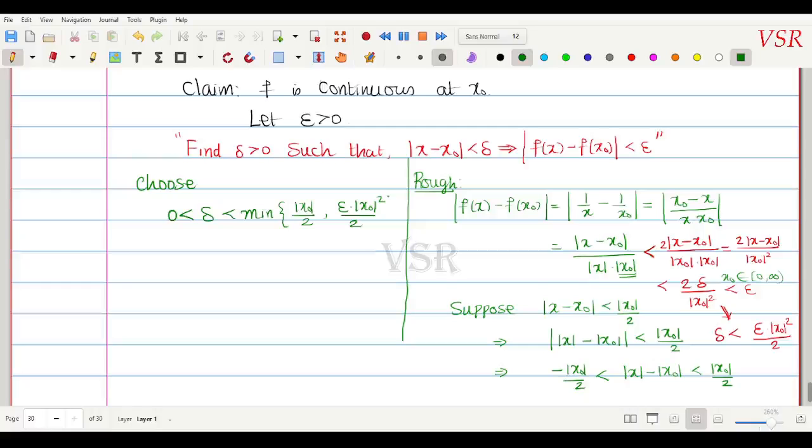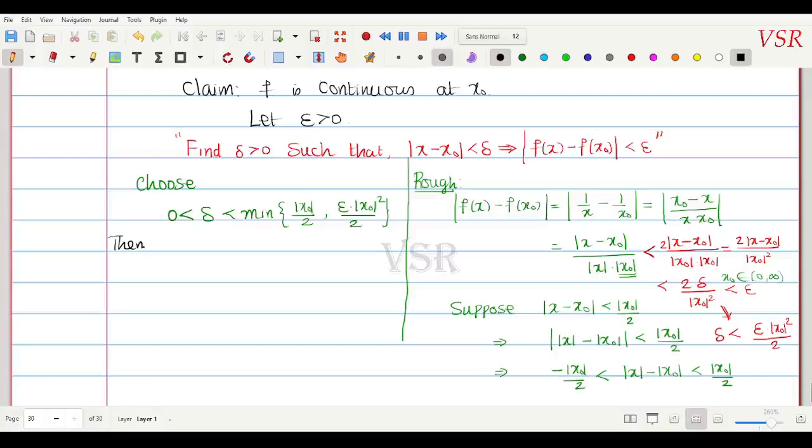Okay, correct, it comes under 2, correct. Fine. So if we choose my delta to be less than the minimum of mod x0 by 2 comma epsilon into mod x0 square divided by 2, smaller than both of these, then what happens,